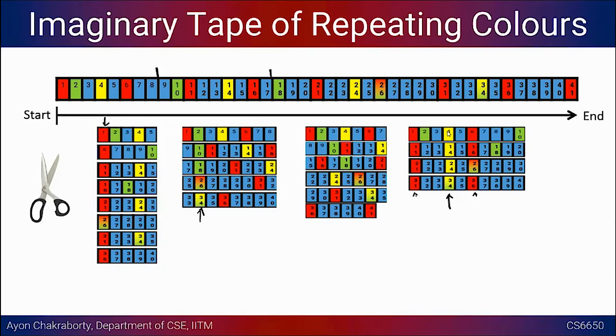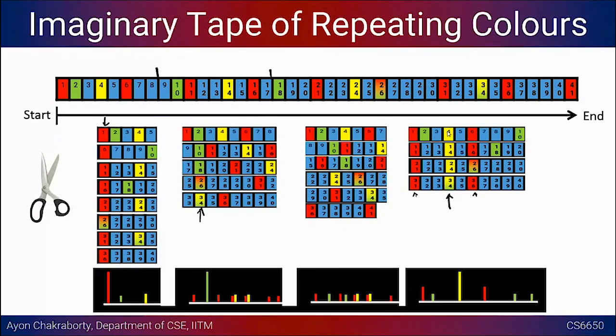So in essence, based on the control of the offset at which we are placing the scissors, we can expect a certain pattern to emerge. And that pattern somehow brings out a certain color in this case. So in case of the first one where we were using an offset of 5, we could see the red color emerging out. Whereas in case of the last one where we are using an offset of 10, we could see the yellow color emerging out. In this case, there is no prominent candidate.